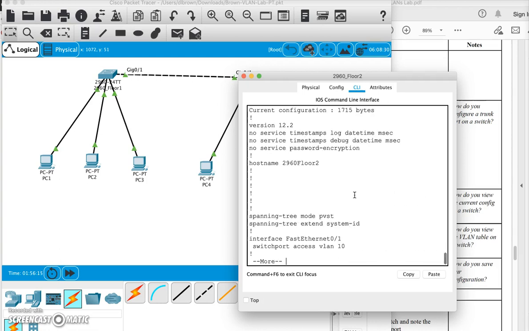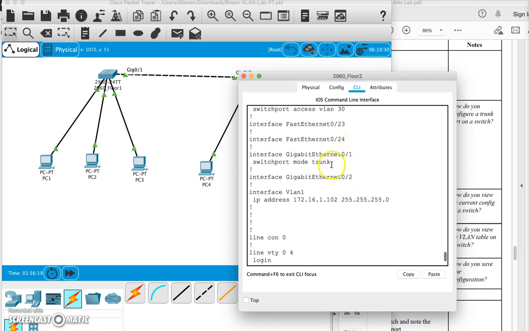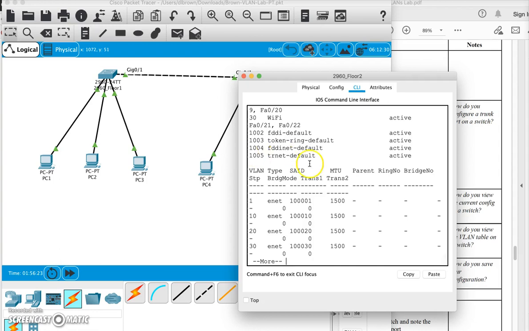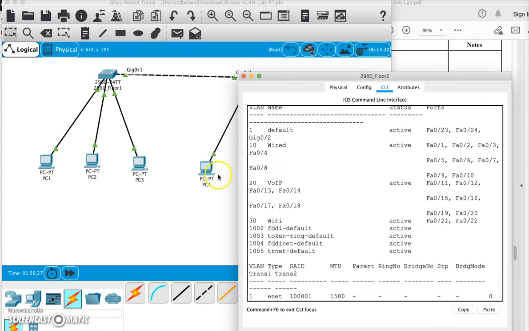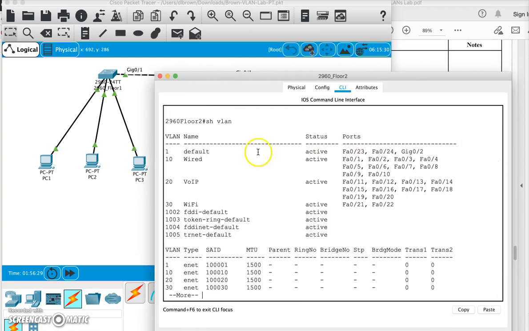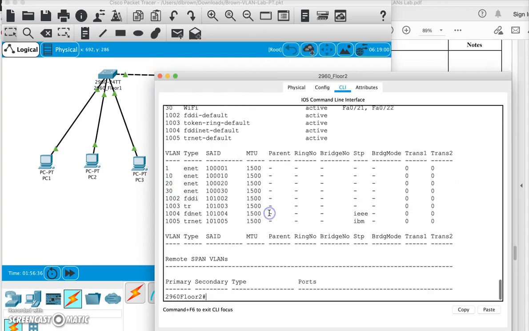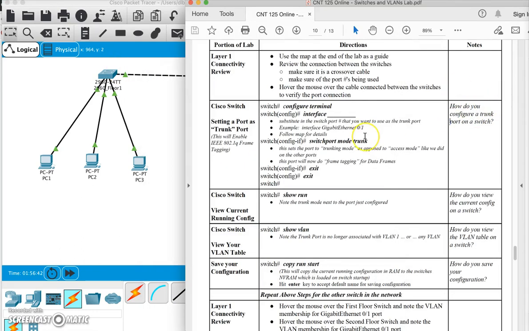And we'll do a show run on this guy, and we should see next to that this gigabit 0/1 that is trunking. And if I do a show VLAN, I should also see that port is no longer, there we go, no longer associated with any VLAN. I don't see the gigabit 0/1 port up there anywhere, which means it is doing this frame tagging thing. So copy run start on this guy. Excellent. Now that I have trunking done on both,